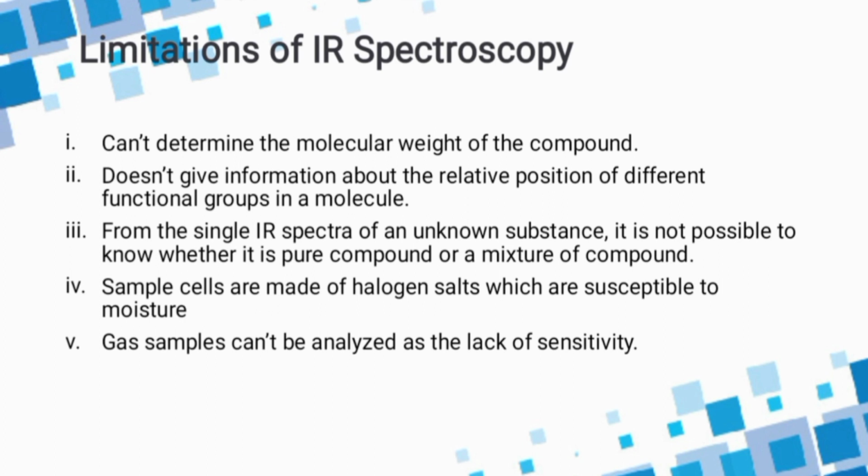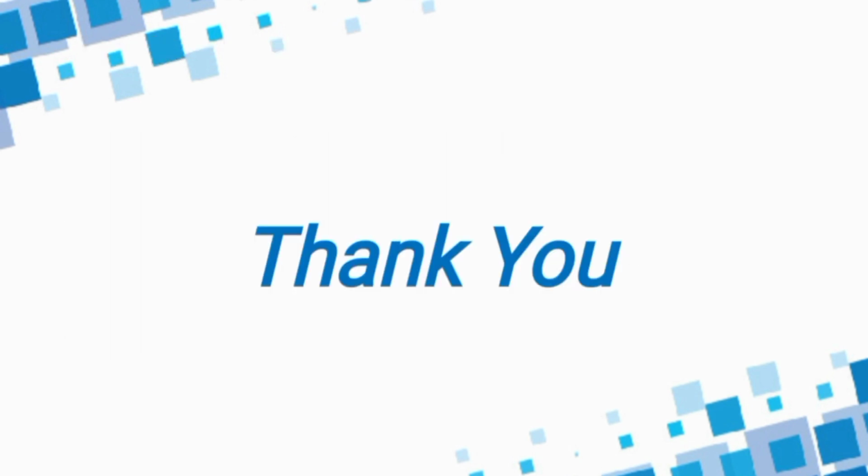Here are some limitations of IR spectroscopy. It cannot determine the molecular weight of the compound. It does not give information about the relative position of different functional groups, which is very necessary. Sample cells are made of halogen salts, which are susceptible to moisture. Gas samples cannot be analyzed as the lack of